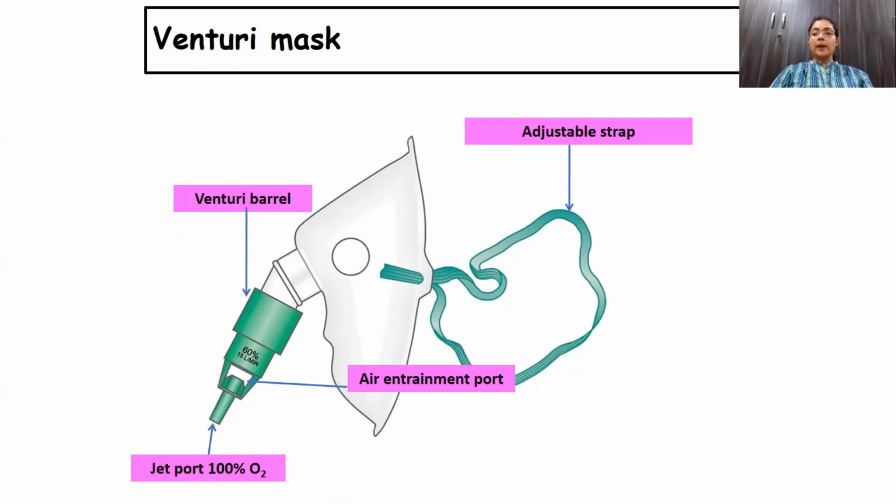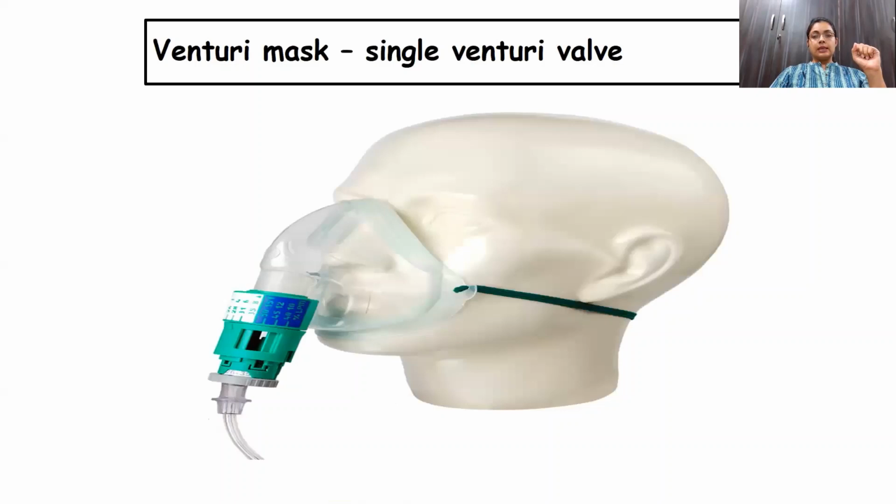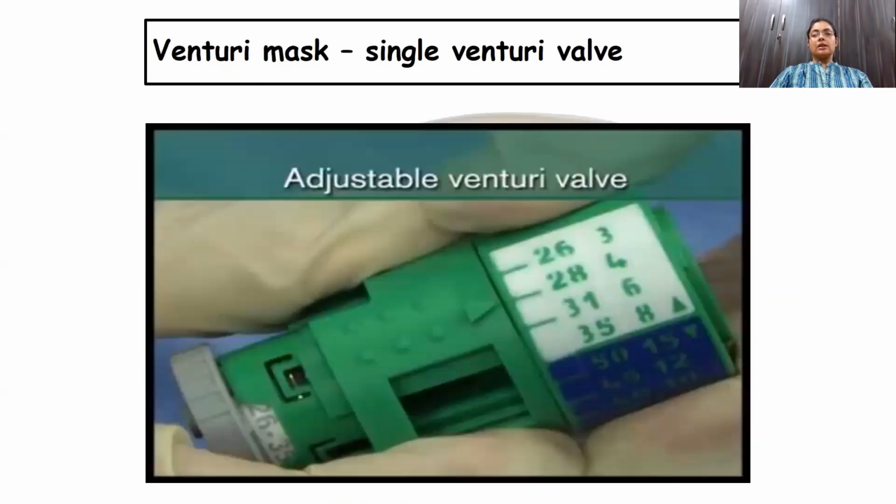When you start the oxygen flow from the flow meter assembly, the oxygen exits the jet port and goes into the mask at a higher pressure, and as it goes through at higher pressure, it entrains gases from the side. So the actual delivered flow is quite high as compared to what you are giving from the wall outlet. That makes it a high flow device. The exhalation port is also the same, and this is how you can position it on the face of the patient.